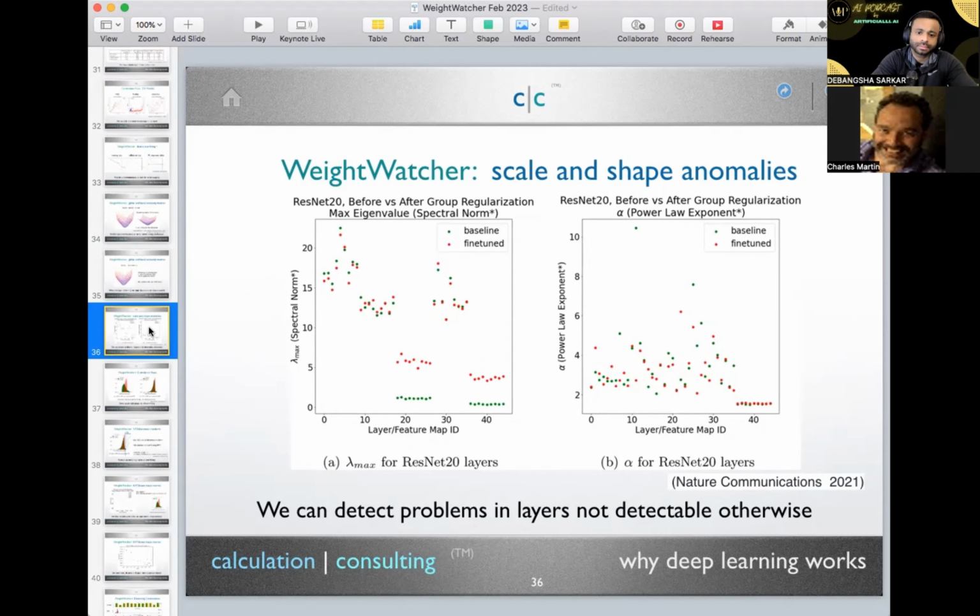Another thing you want to do with the tool is discover what I call scale anomalies. Here's an example in the Nature paper where we look at the maximum eigenvalue, the spectral norm, which is not a bad metric, right? It's not completely nuts. And you look at before and after distillation. We were talking to the group at Intel AI a few years ago, who were making distillation models to put neural networks onto their chips for self-driving cars. One of the methods they had come up with, the group regularization method, turned out to screw up the spectral norm of one of the layers.